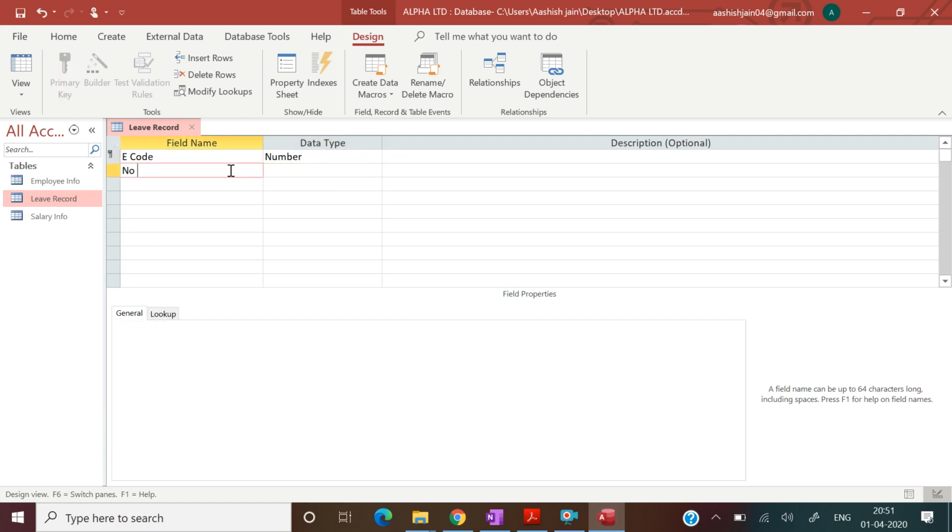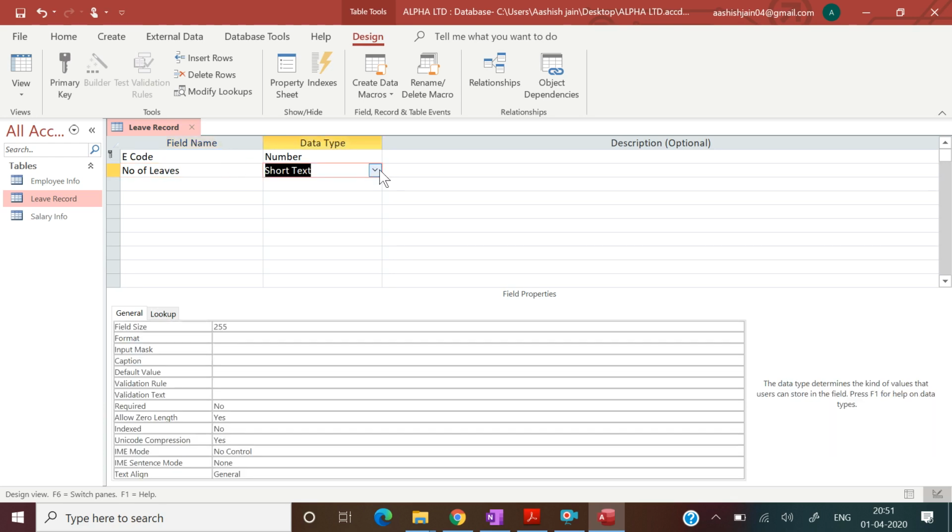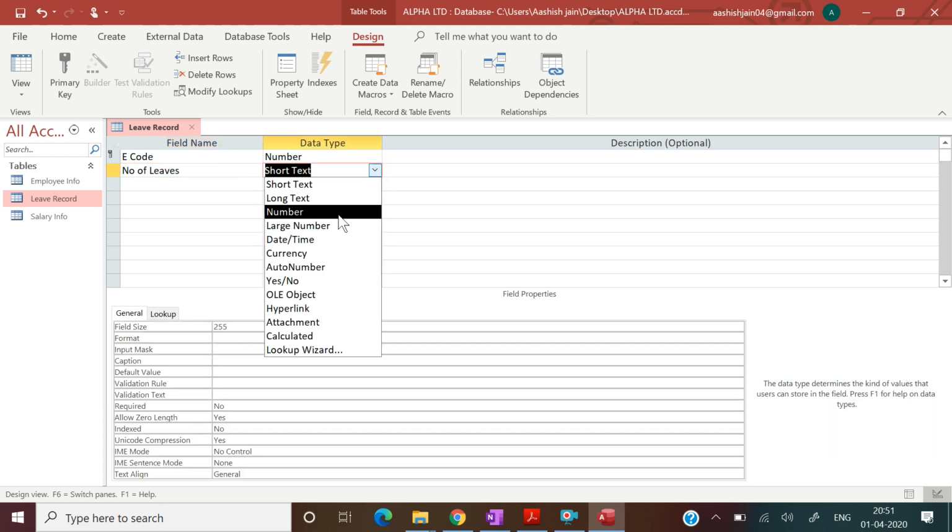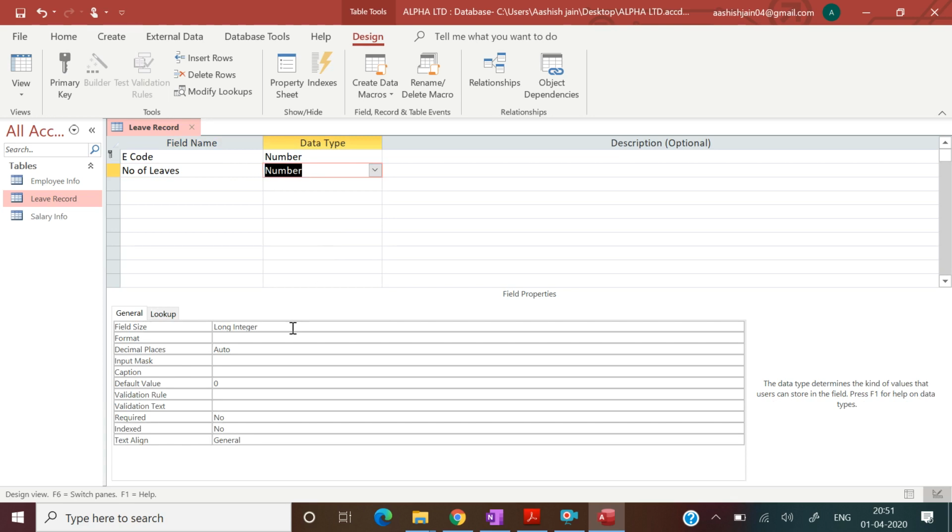Then the last one is number of leaves, again that must be a number. And there was a constraint that the maximum number of days allowed is 12. So we need to put this in the validation rule, that it should be less than or equal to 12.